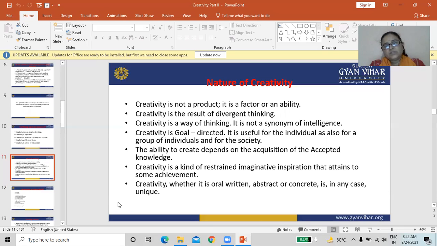Creativity is a way of thinking. It is not a synonym of intelligence. Creativity is goal directed.